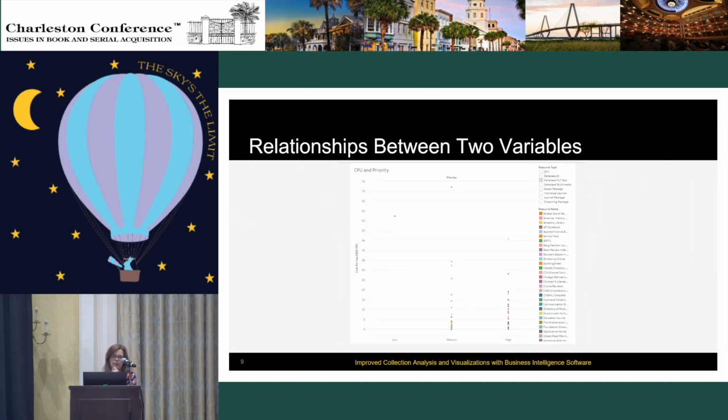You can run relationships between two variables. This is really hard to see, but basically I've got CPU on one axis, and on the x-axis I've got priority. Priority is a local variable, so we have our collection folks say whether the priority for that option is going to be high, medium, or low. So this is a cross of those two things. The value of this is you can start looking, well, if it's a low priority and a high CPU, those are probably the ones you want to be looking at. So visually, you can go in there and click on each one of those dots, and it gives you the